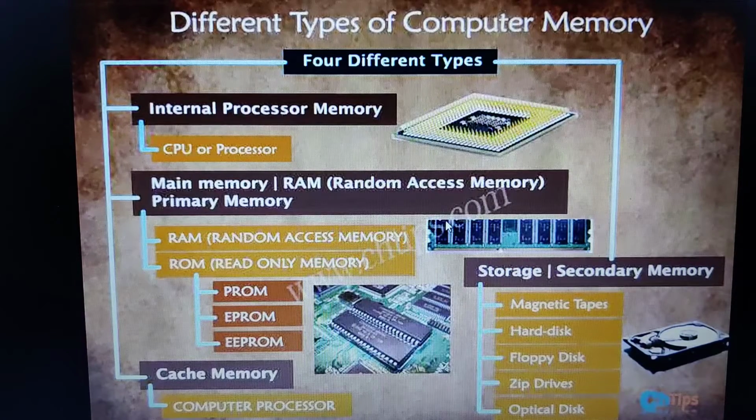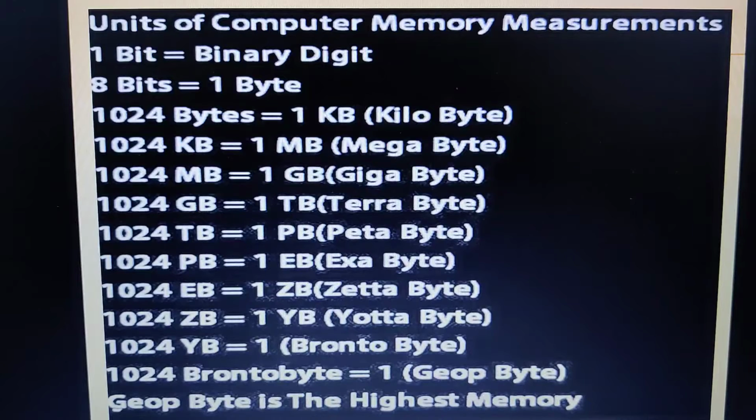Whether it is a primary memory or the secondary memory, usually the memory and the storage devices are measured in terms of bits and bytes. And we have seen the various units that are used to measure the computer memory. These are kilobytes, megabytes, gigabytes, terabytes, up to the brontobyte. So these are the few units we have discussed, and later we have seen the primary memory.